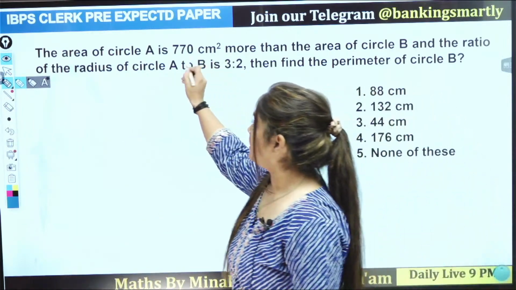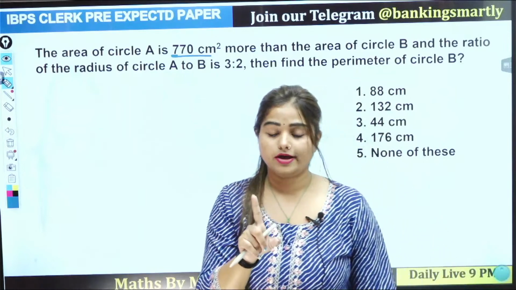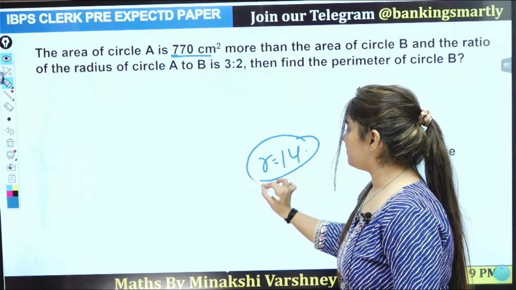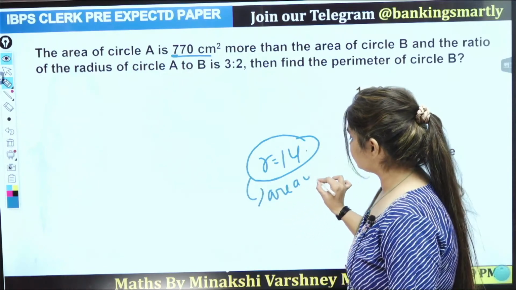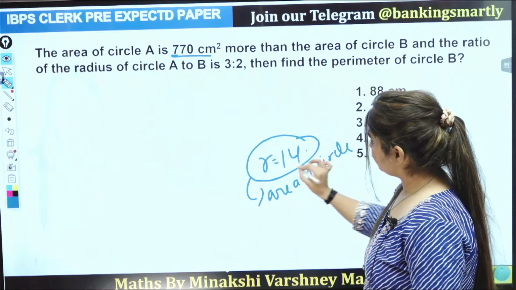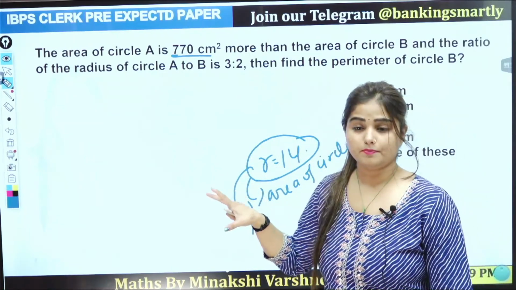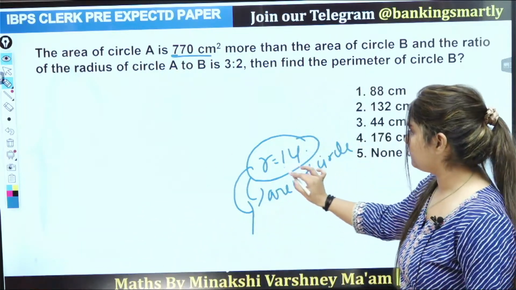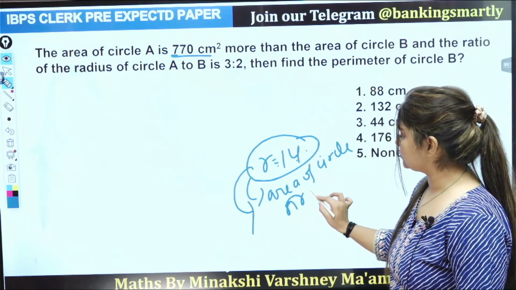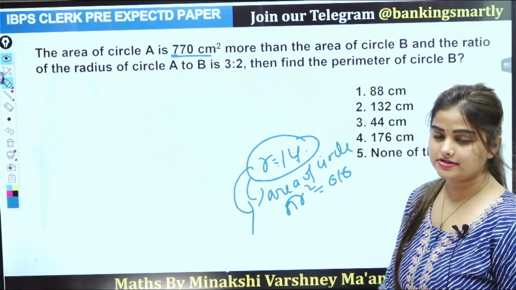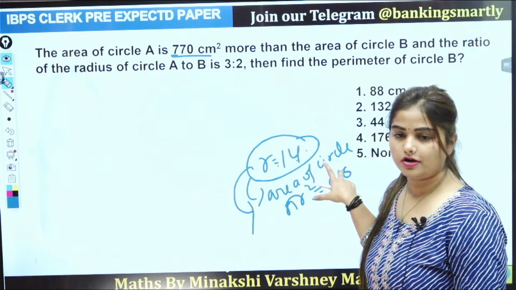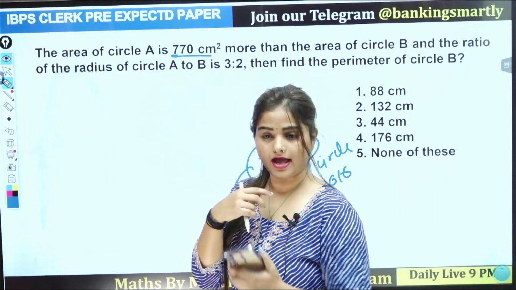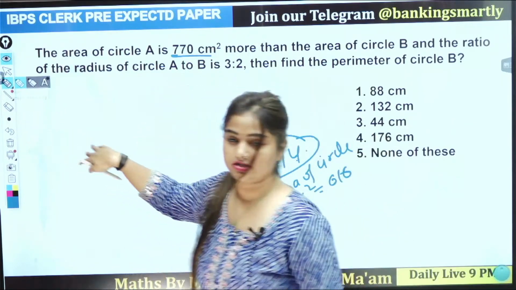The area of circle is this one. Always remember one point: if radius is 14, then always remember one point. The area of circle, because this thing is repeated many times in your PO and clerical examination, even in your SSC examination. So if R is equal to 14, that means pi R square you can directly learn as 616. It will reduce your time. Clear? Alpha gamma method, I will teach you after this session, at the end of the session.